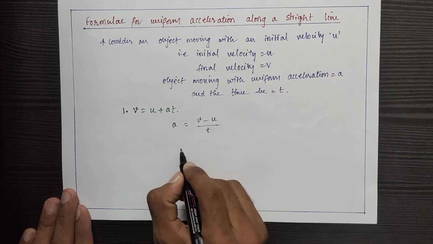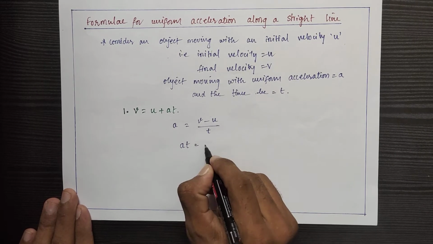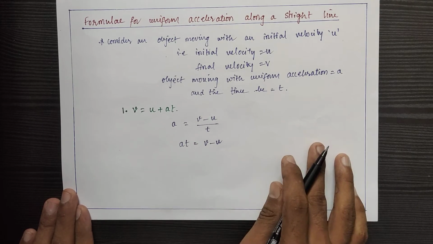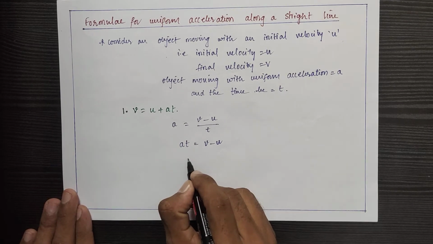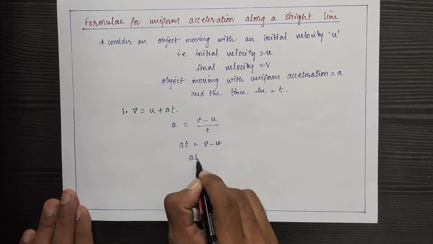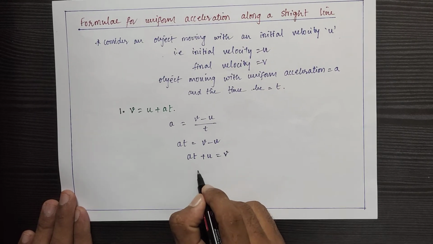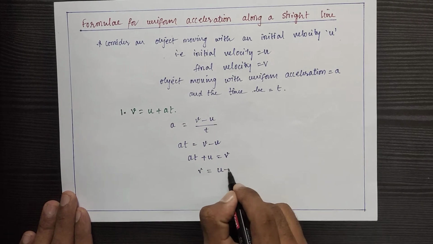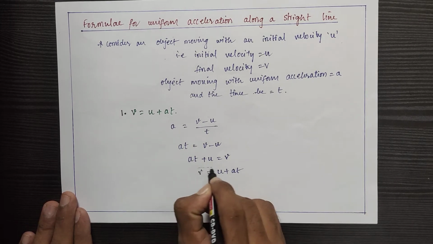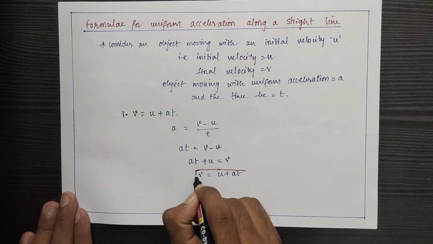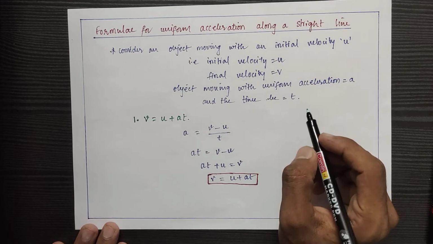Now by cross multiplying, a into t is equal to v minus u. By taking u to this side, it becomes positive, and finally at plus u is equal to v. So here v is equal to u plus at. This is the first one. Now the second one,